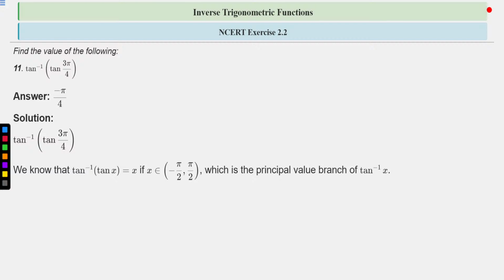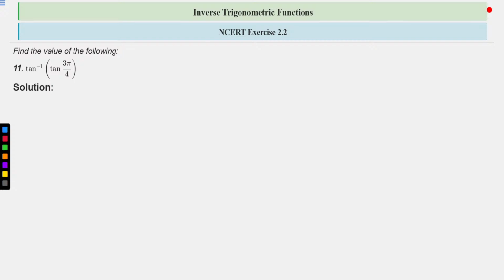So we know that tan inverse tan x is equal to x if and only if x belongs to minus pi by 2 to pi by 2, which is the principal value branch of tan inverse x. But here 3 pi by 4 does not belong to minus pi by 2 to pi by 2, right? Therefore, tan inverse tan 3 pi by 4 can be written as